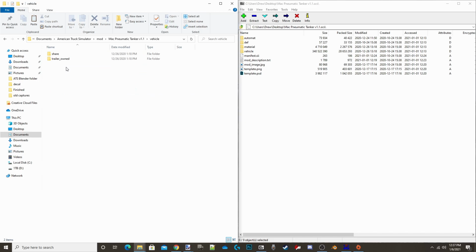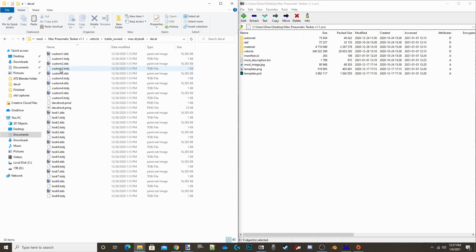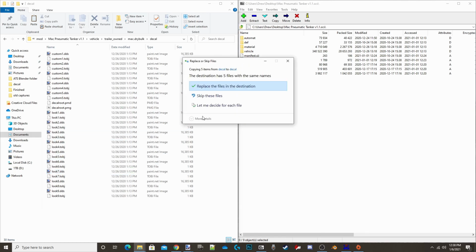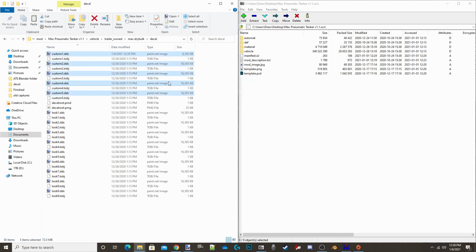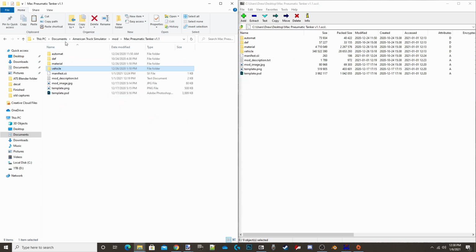It'll do its thing. Then you go into vehicle, trailer owned, Mac.drybulk, decal, and then you hit either Control V or right click and then say paste. It'll ask you if you want to replace the 5 files or however many files it is that you select. You say yes, replace them, and now in version 1.1, again, this version does not exist, but just for the sake of teaching you guys,